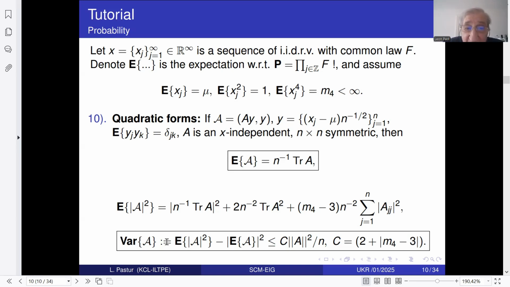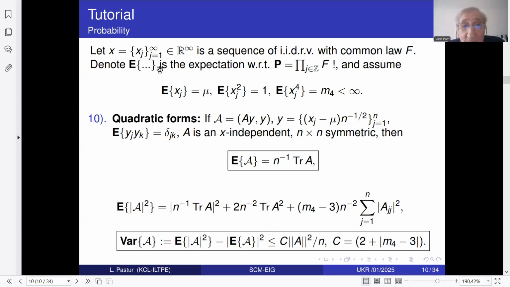And just from that, you find the variance. Variance, by definition, is the expectation of the square minus the square of the expectation. And you can easily find this bound by using what you do here. You see, it's everywhere a square. You bound a square, what is a trace? It is the sum of a_jj squared, yes? You bound any entry of A by the norm.